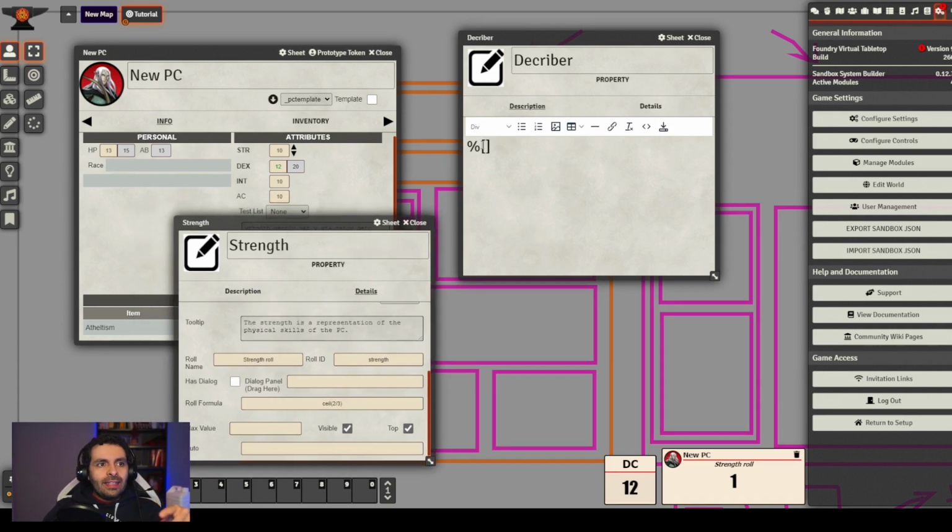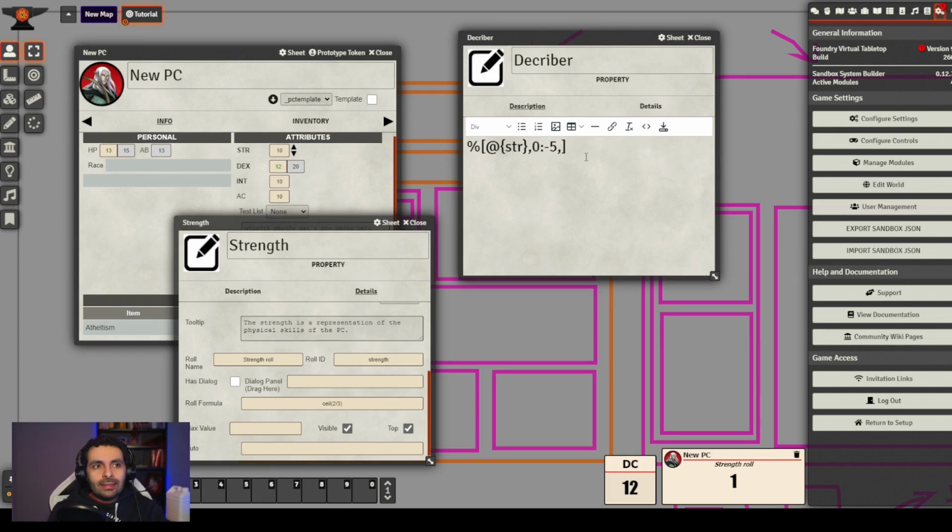What this table tells me is that if my strength is equal to 0, for example, the modifier is -5.